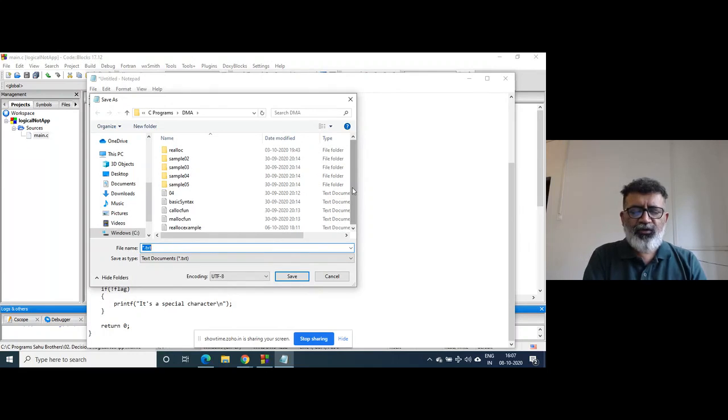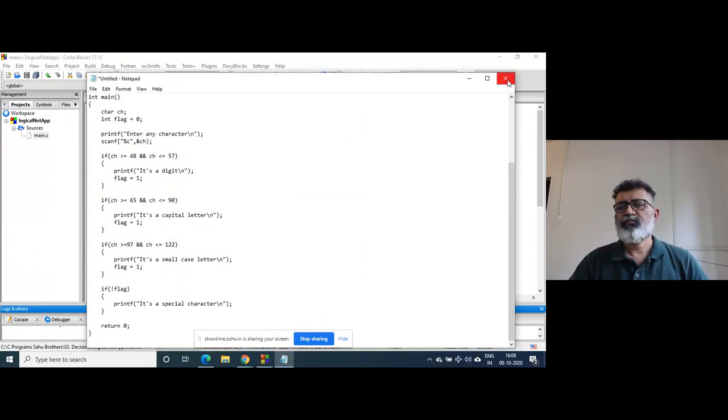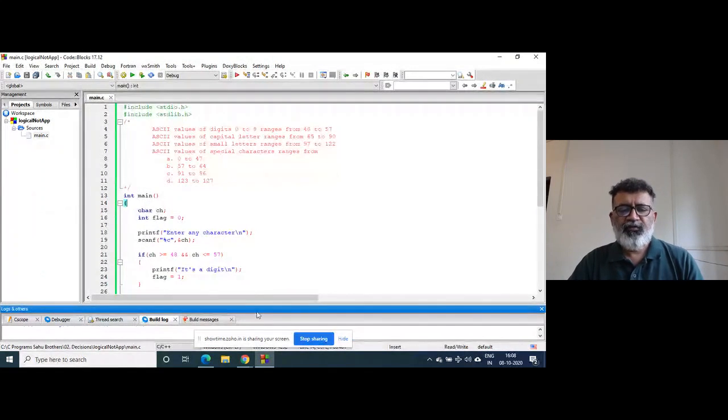So you give the file name as chap02 program 08, so that it shows which chapter and which program it is, without any blank space. Directly give the chapter number and program number and save it. And send this text file to me by mail. Yes, sir. Okay, fine.